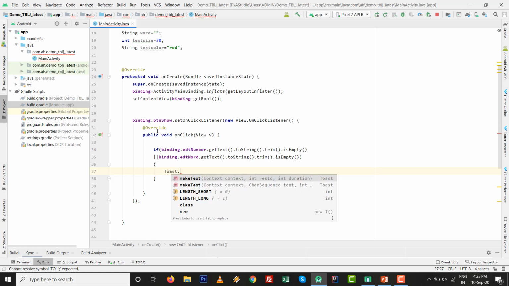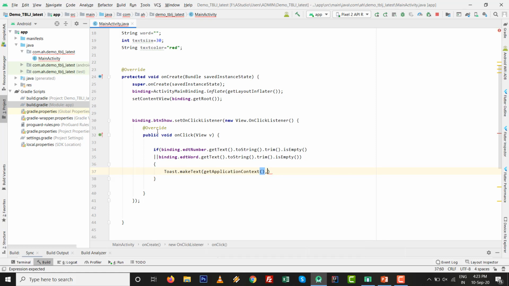Toast dot make text, get application context, comma, whatever you want to type, likewise fill the detail, comma, toast dot length short dot show is the method.